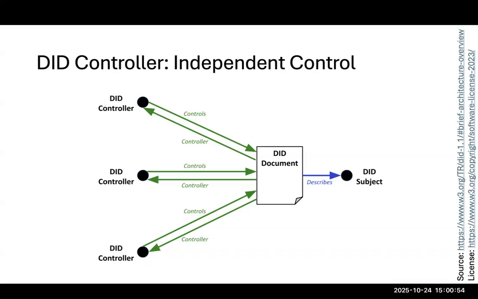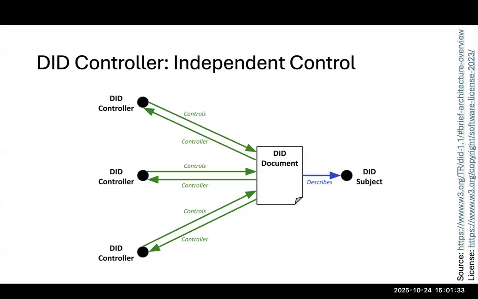This means, and this is outside the scope of the DID recommendation, that in this particular implementation of the identity, there must be some overlay function that coordinates the different controllers. There can be any coordination function you want. You can order the controllers in terms of priority,